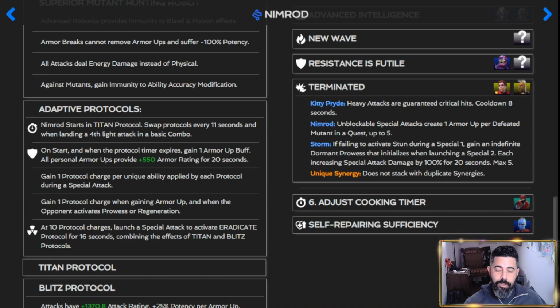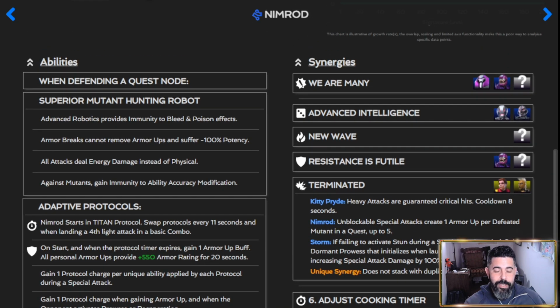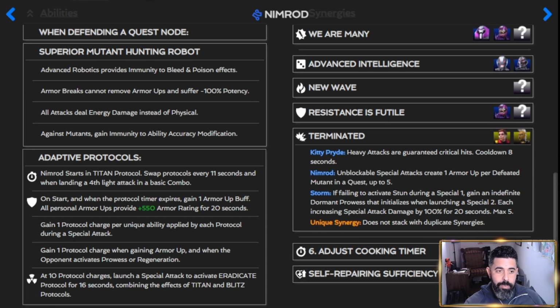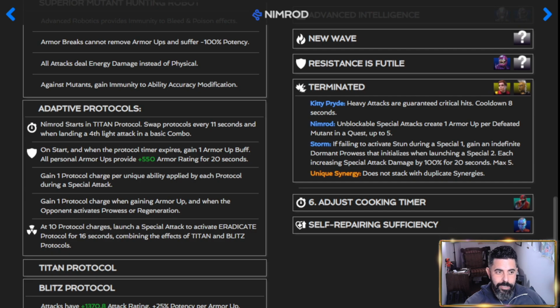Mutants are everywhere. So if you defeat a mutant, and then you throw a special attack, triggering your Eradicate, or you're already in Eradicate, that Eradicate special is going to be unblockable, which will trigger an armor up, which we know will then give you a protocol charge, right? We know that. If you're confused, go back to the other video, then come back and watch this one. That's going to happen when you're in the Eradicate protocol. Additionally,